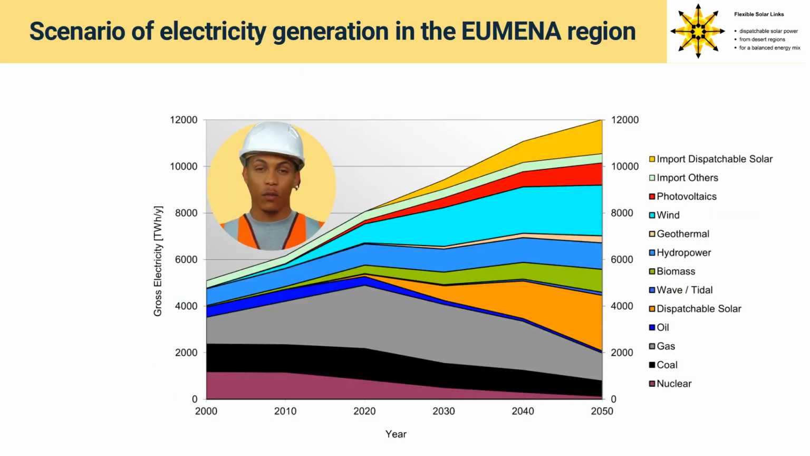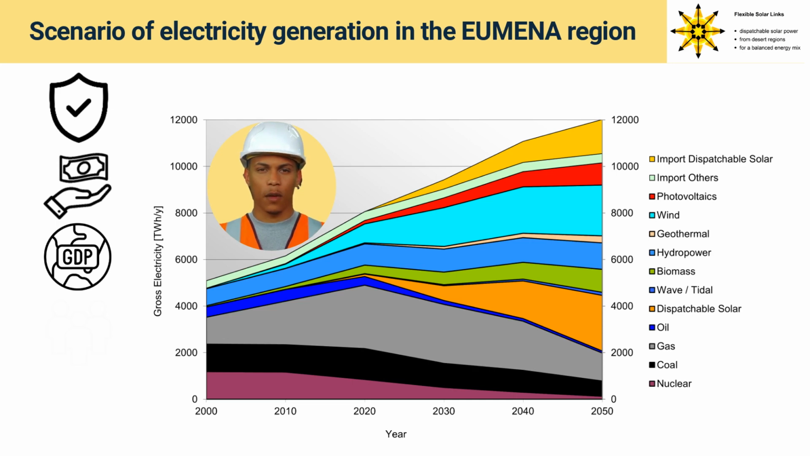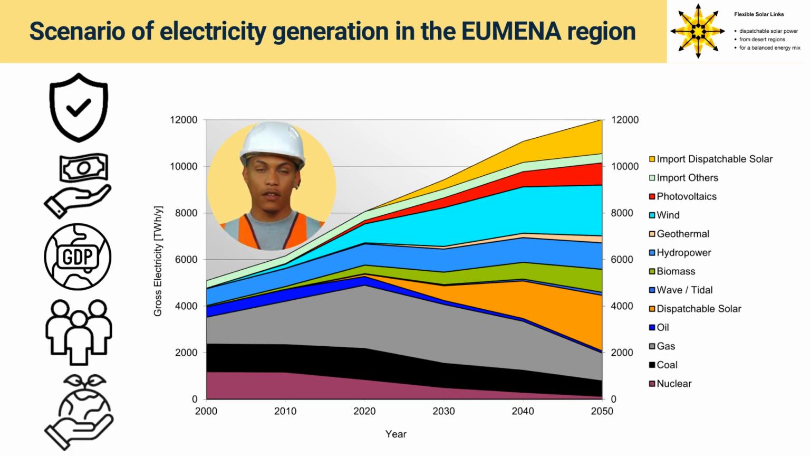In this diagram we demonstrate the shares of energies providing electricity in the UMENA region until the year 2050. Due to cost development of renewable energies, a run-up of renewable energies is assumed. Especially wind energy, dispatchable solar power and photovoltaics can provide the major shares. For our scenarios we consider security of supply, cost development, gross domestic product, population growth and sustainability development goals such